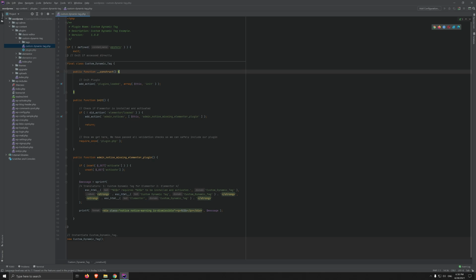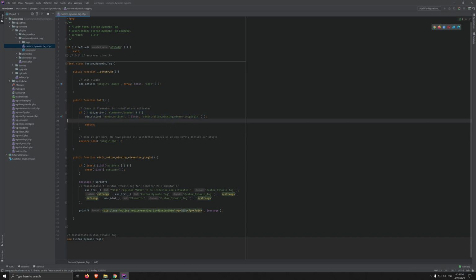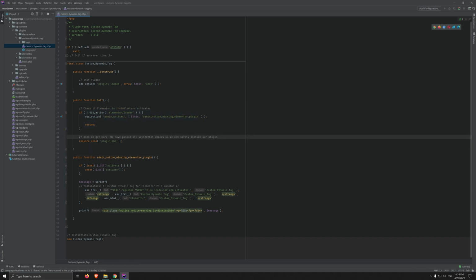So what we're doing here is we're checking if Elementor is installed and activated, and if it's not, then we will be throwing an error. But once we've done that, the main thing that this file does is include another file, which is the plugin.php